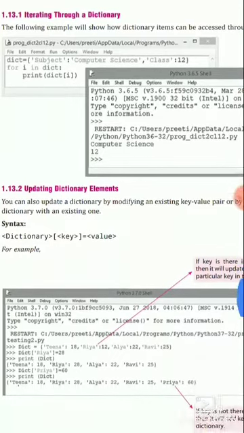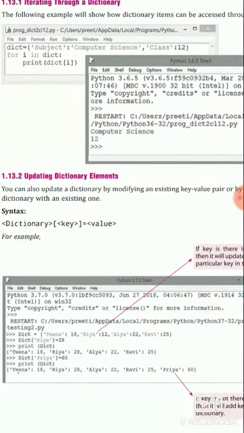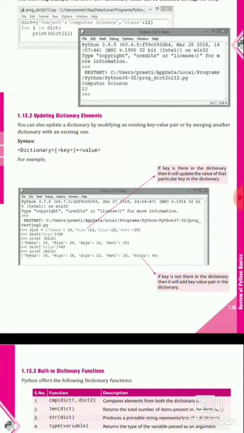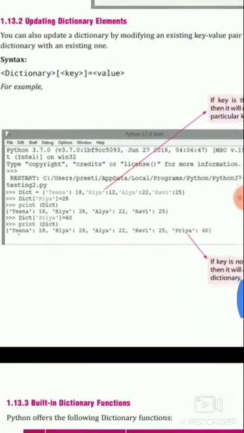Then updating a dictionary element. We can update a dictionary element by using the dictionary name and, in square brackets, the key, equal to whatever value we assign, and that will be saved. If the key is in the dictionary, it will update the value of that particular key, and if the key is not in the dictionary, it will add the key-value pair by just assigning the key and the value.